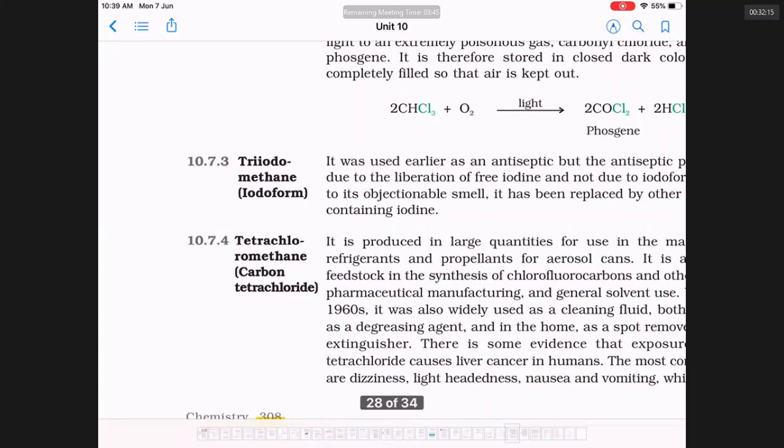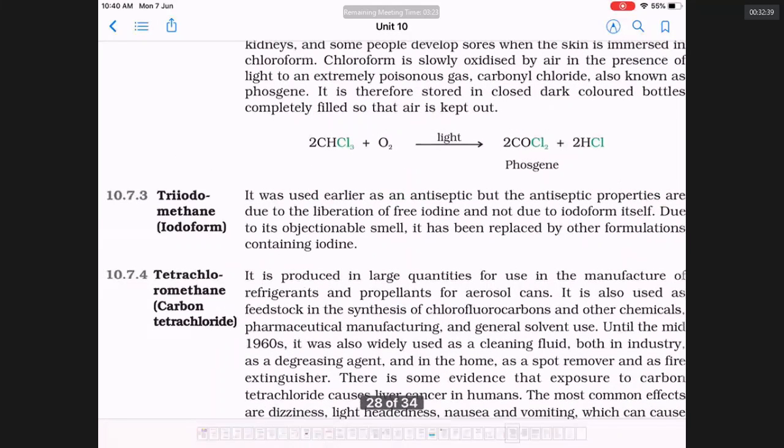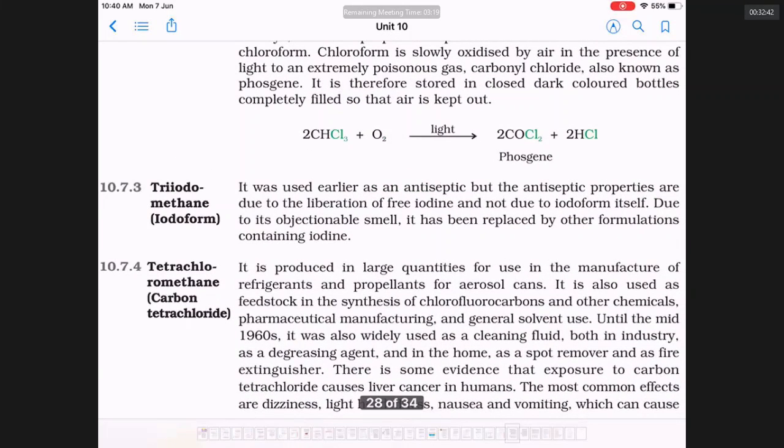Can you say what is the use of tetrachloromethane? Tetrachloromethane or carbon tetrachloride is used for petrol wash. It is a cleansing agent. Just 20 years back, almost every household used to have CCl4. Nowadays, because it is suspected to cause cancer, being carcinogenic, it is not in use. Triiodomethane is iodoform, widely used as an antiseptic even from childhood. But nowadays it is not used because of the bad smell it gives. Its protective nature is due to the iodine it has.